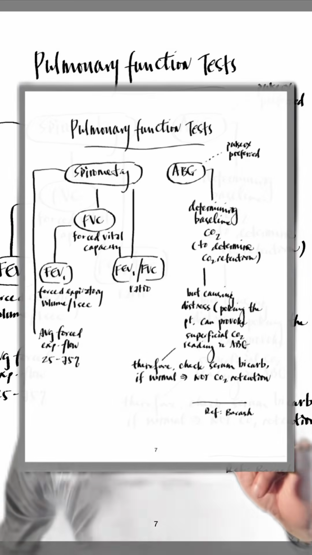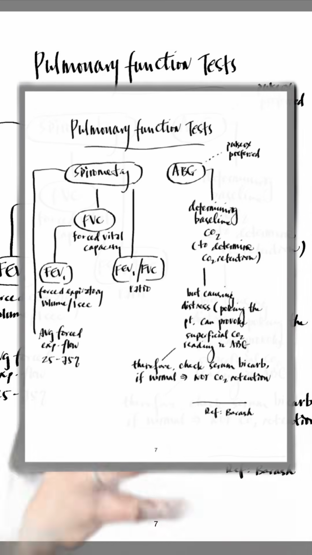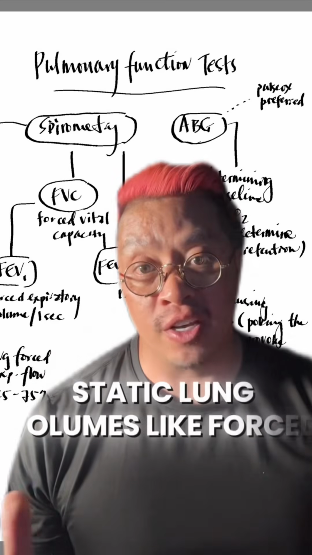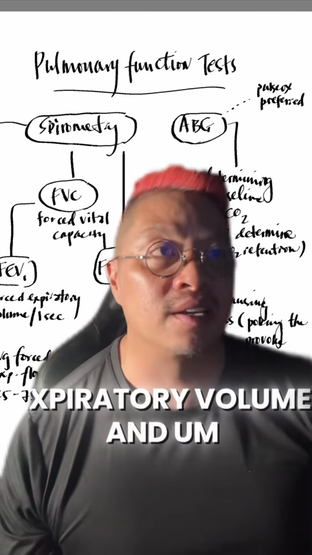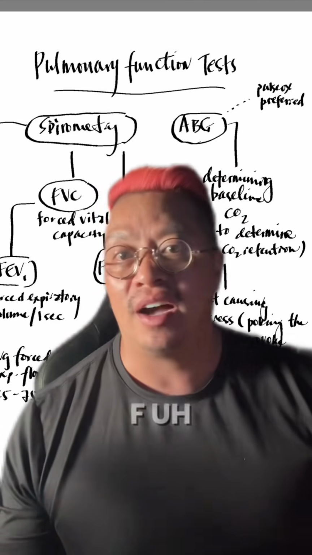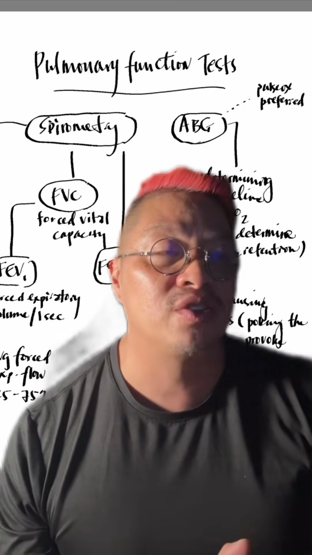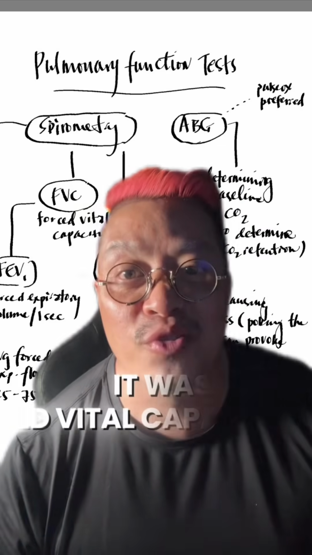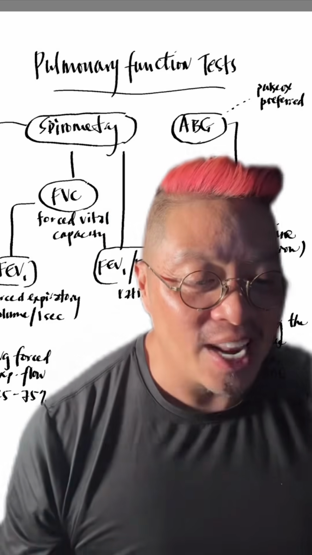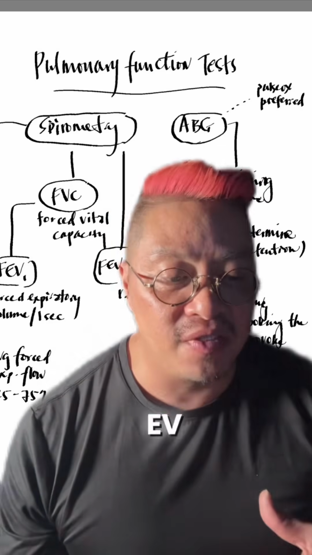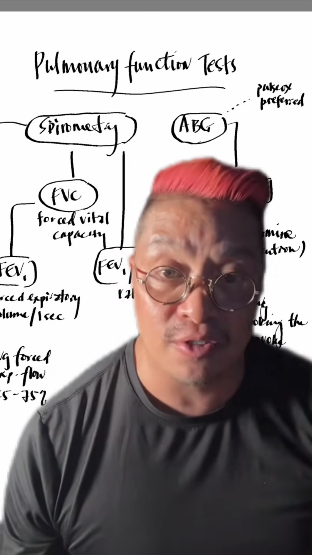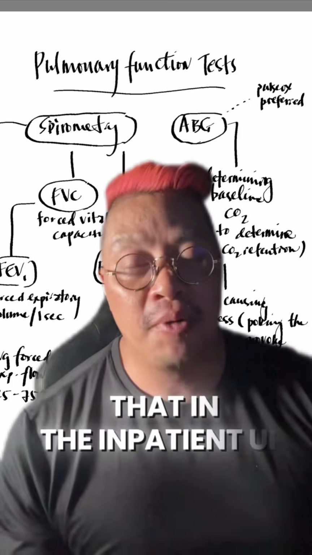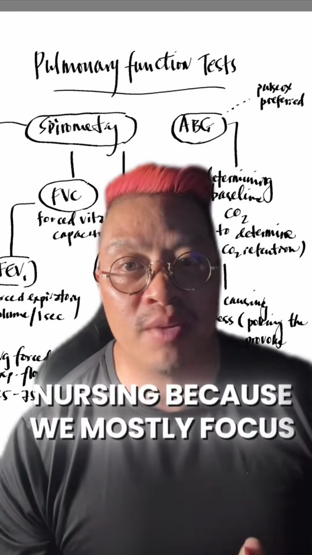You can tell why we don't really use spirometries, because usually it's in a controlled environment. It tells us about static lung volumes like forced expiratory volume, FEV1, and forced vital capacity. So you've got spirometry with FEV, forced expiratory volume, and FVC, forced vital capacity, and the ratio in between the two. But we don't really do that in inpatient nursing because we mostly focus on the